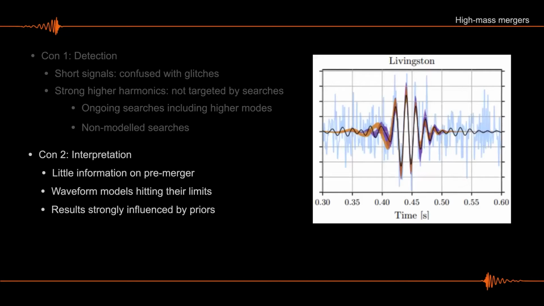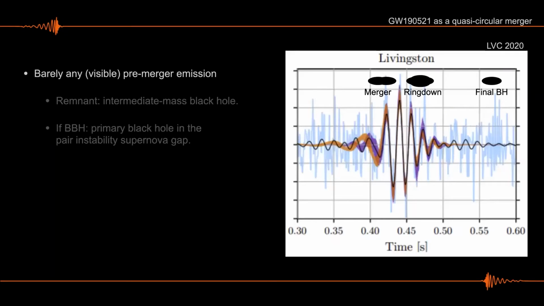And as I said, the interpretation, assuming you detect one, is very difficult because you only see the merger. So you don't have information about what happened before. Because we are in the merger ring down regime, we really need numerical relativity, not analytical calculations, to obtain templates for this kind of merger. So these things are kind of exploiting our capacity to predict the signals. And as I said, whatever result we get anyway is going to be really influenced by the prior.